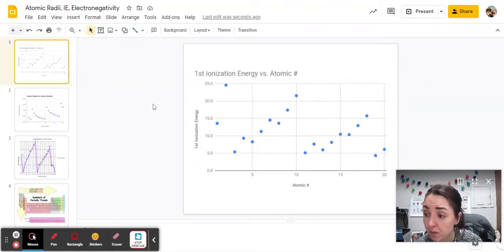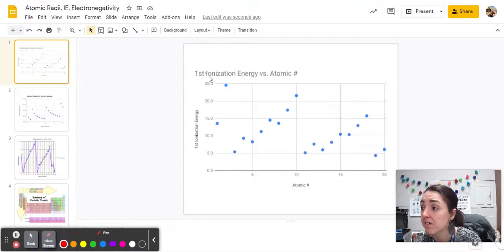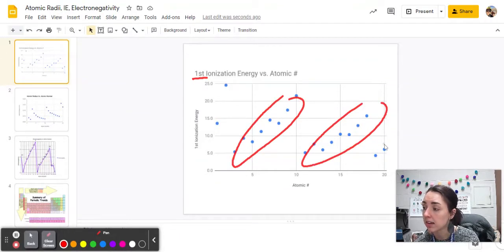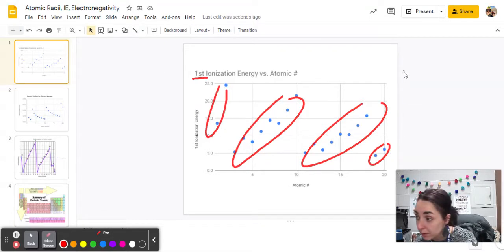So if we look at first ionization energy here, the fact that it's first ionization energy means the energy it takes to just pluck off that first electron. We're not worried about the rest of them, just that first electron. So first, let's look within the groups. You'll see it's always going up. So that means across the periodic table,